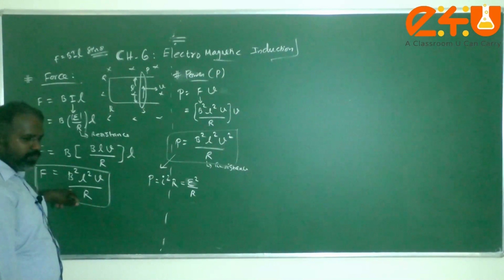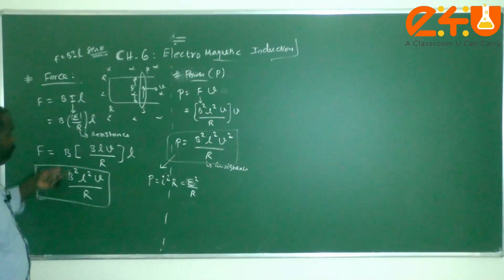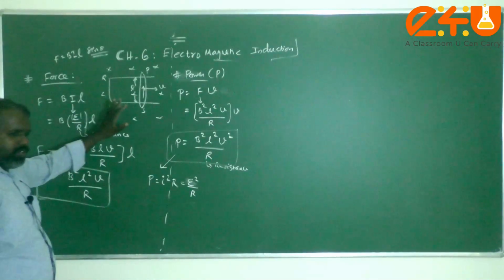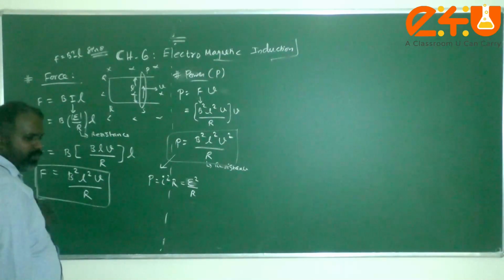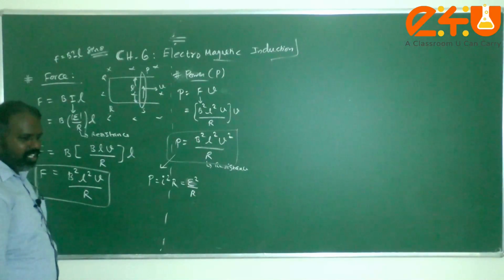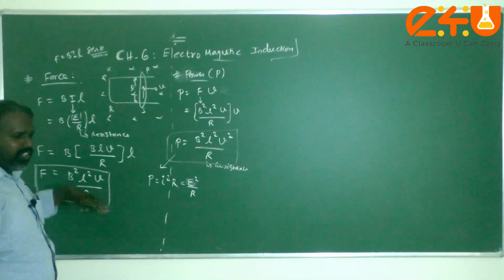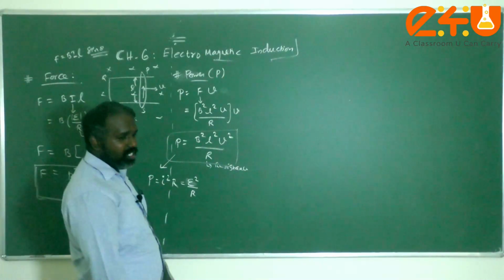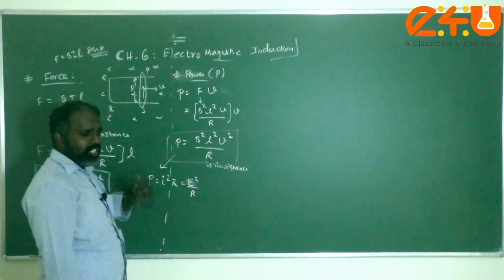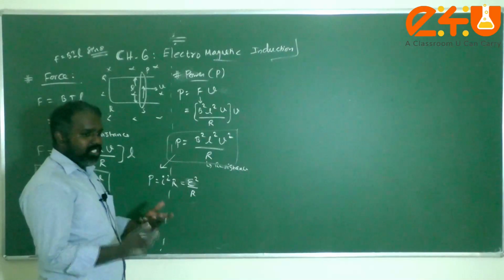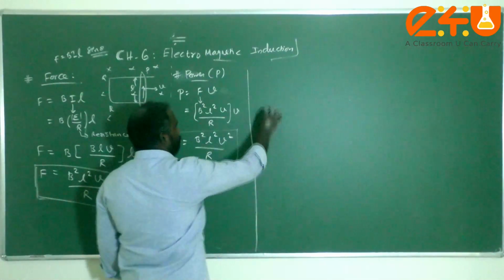This much mechanical external force is needed to move the conductor against the force developed due to the presence of the magnetic field. So the external force should be the same in magnitude as this one in order to move the conductor. So these are the details about the motional EMF. Next, we are going to discuss how simply the moving rod produces the EMF, and how it originates. That will be explained in terms of Lorentz force.